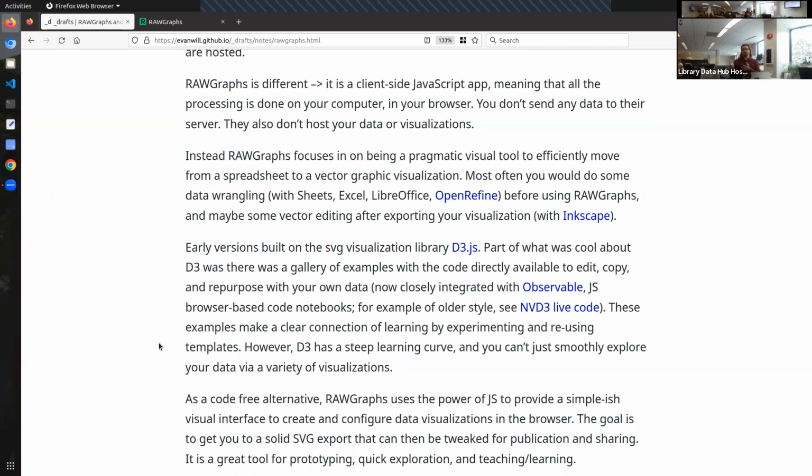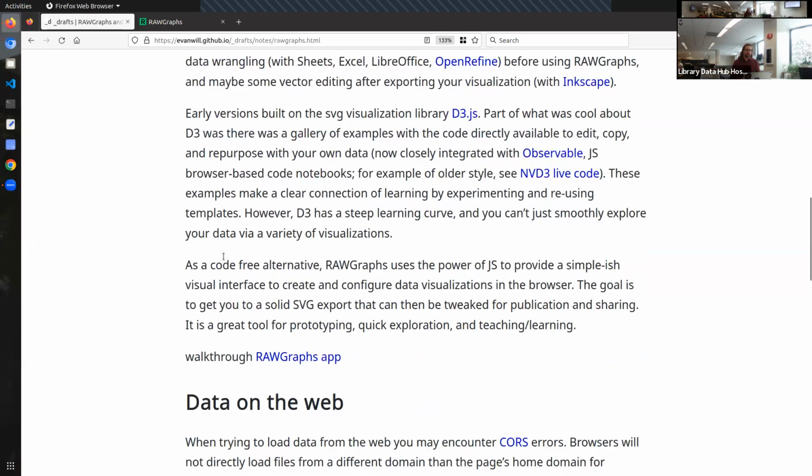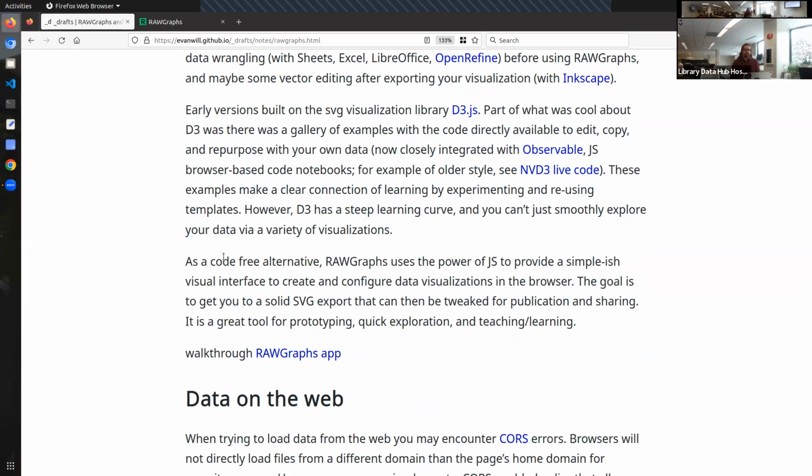And then you might open that up with a vector editor such as Inkscape to do some kind of final tweaking of, say, the fonts and things like that. So I'm going to show you that kind of workflow in just a second here. But I wanted to give a little bit of background just to put this kind of tool in context as well. So the earliest versions of RAWGraphs was essentially just a visual way to use D3.js,